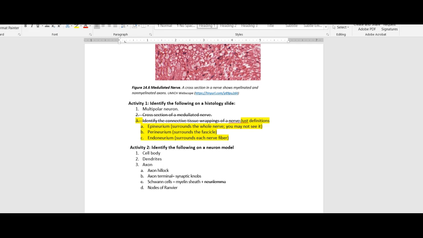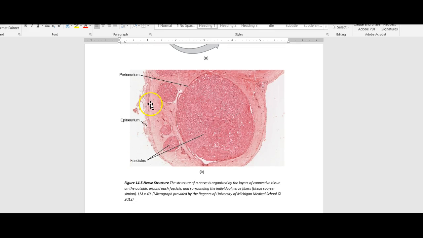So going back to our lab guide then, be able to identify a multipolar neuron when you see one, and then know these three different tissue layer types. So it's very much like a muscle, right? If this whole thing is the nerve, then the connective tissue holding the whole thing together is epineurium. Then for